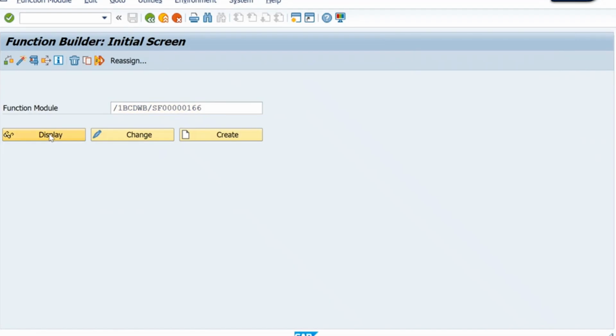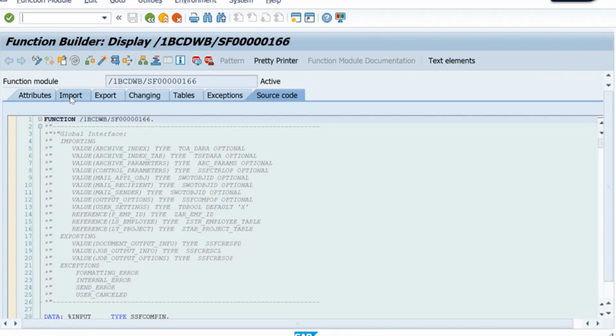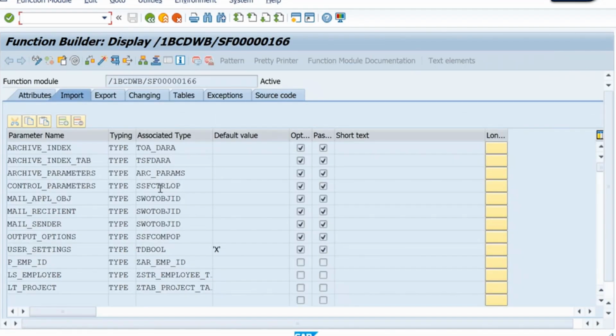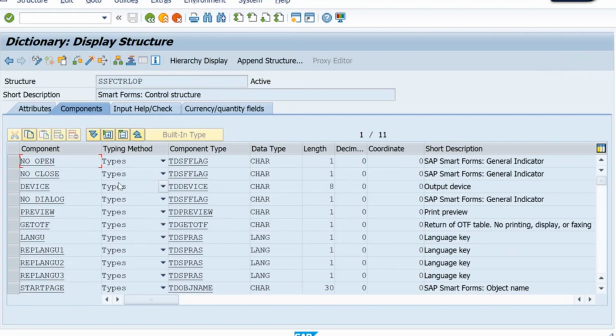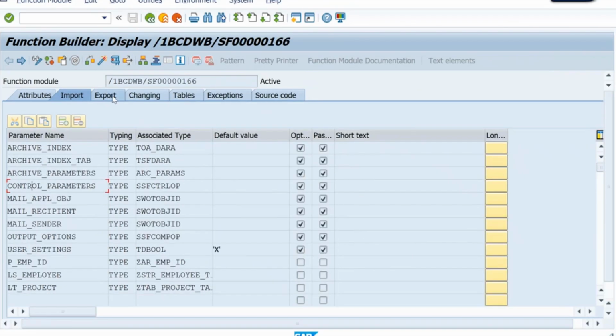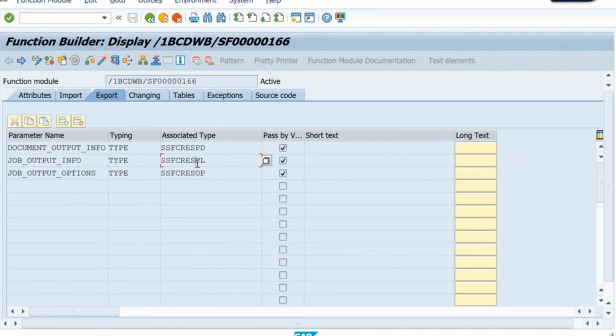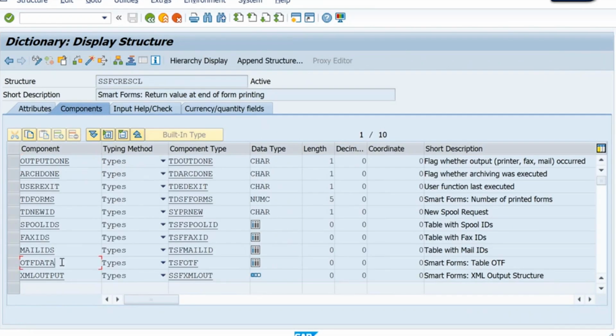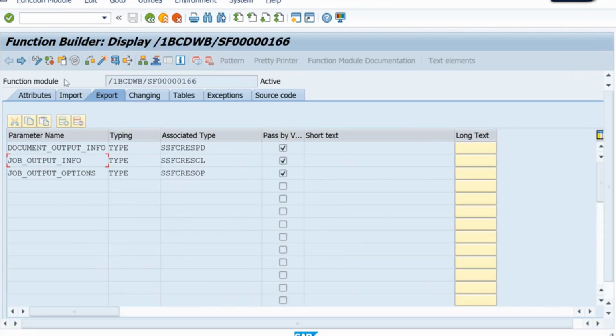If you check this function module of the Smartform, there I already told you the control parameter is there, and if you want, you can disable the dialog boxes as well. If you want, you can directly go for get OTF data here. You can mark get OTF equal to true, and in the exporting section it is going to return you the OTF data as well. Here you can see OTF data is there. So it is totally based on you. I will just follow the same approach. This control,